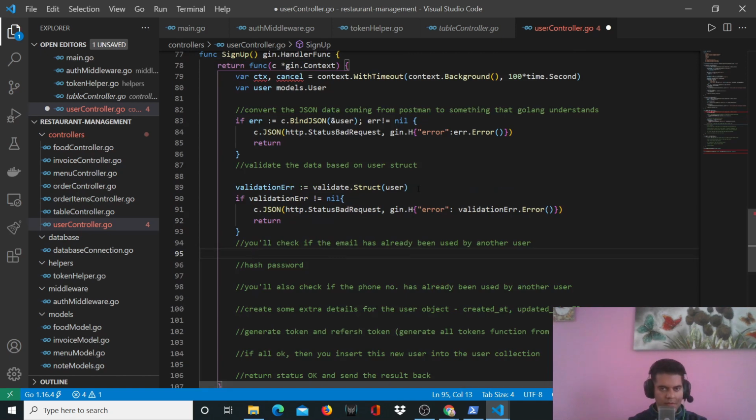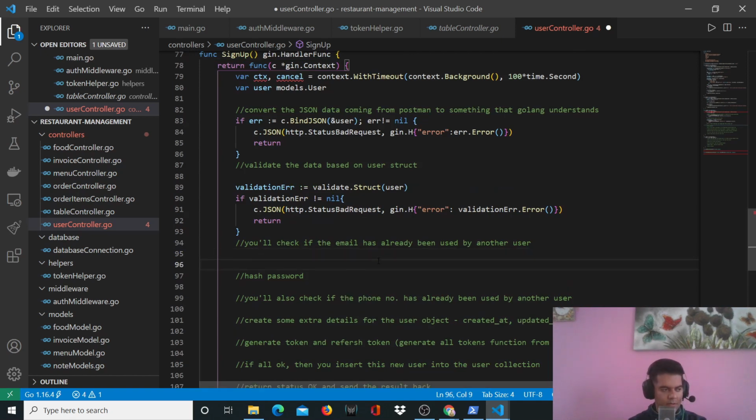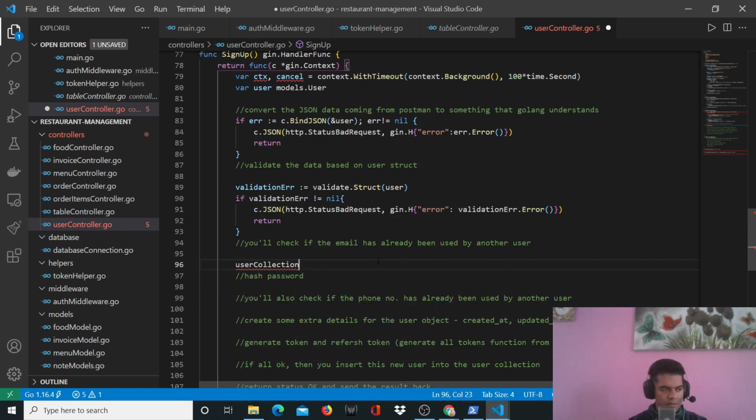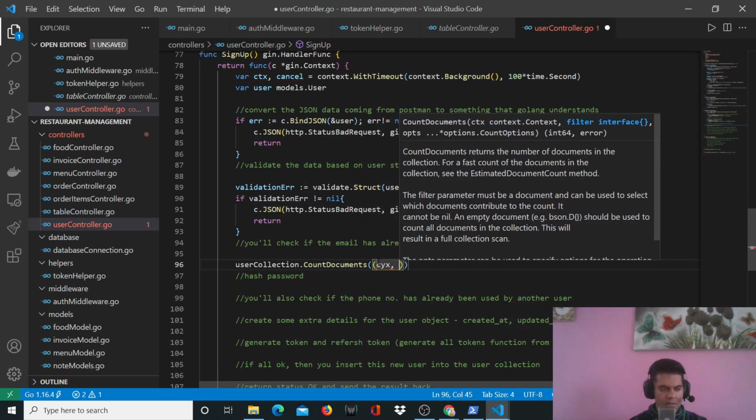Now you'll check if this email has already been used. So how do you do that? You'll say userCollection that you've already defined on top. So userCollection.CountDocuments, ctx comma